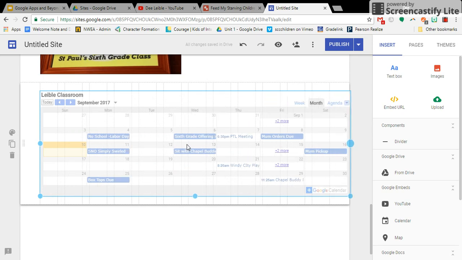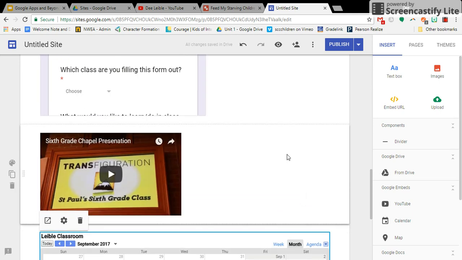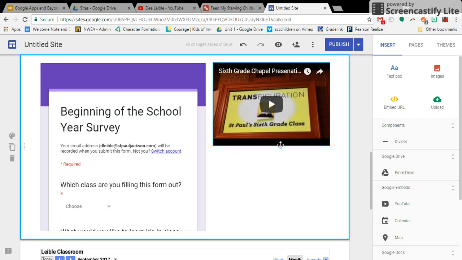My parents also like this, and students even too, because they can add this Google Calendar to their specific calendar and it creates alerts and notifications. And then the last one I'll show you is, again, you can drag and create different